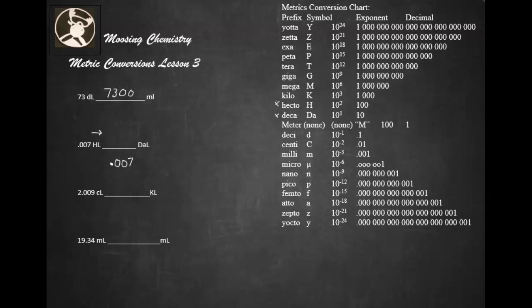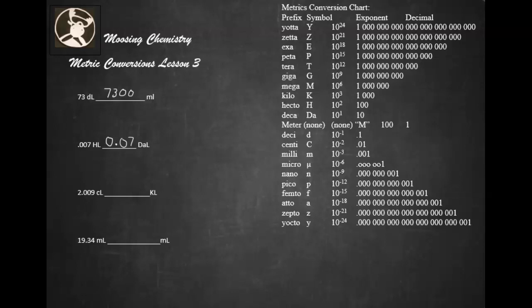So let's count it over. 1. So we move it 1 decimal to the right. That's going to give us our new number, 0.07 deciliters. Pretty simple. Yeah, this stuff is not hard to do. Okay, so let's clean this up a bit, and let's look at the next one. Okay, in the next one, we have